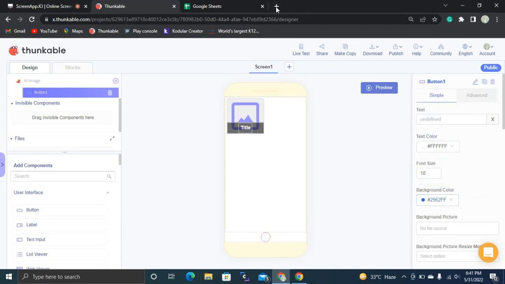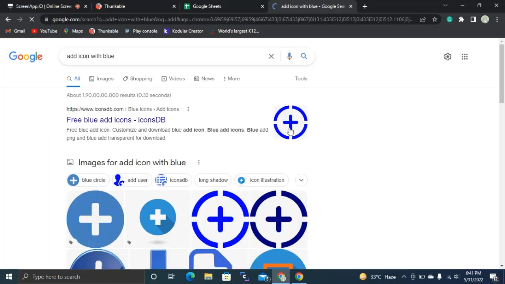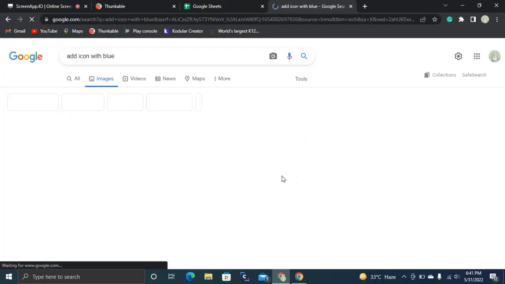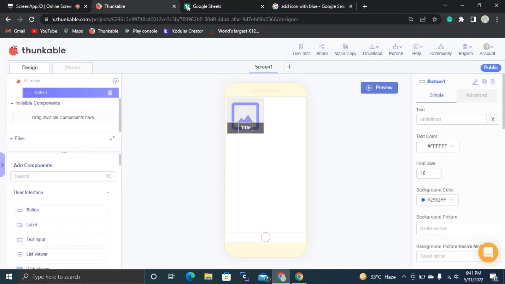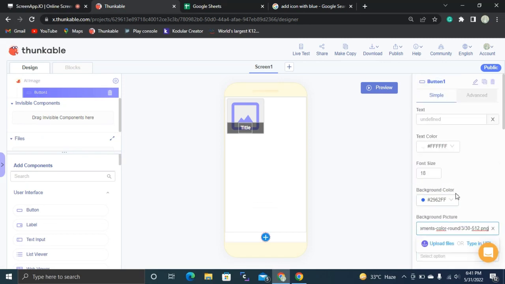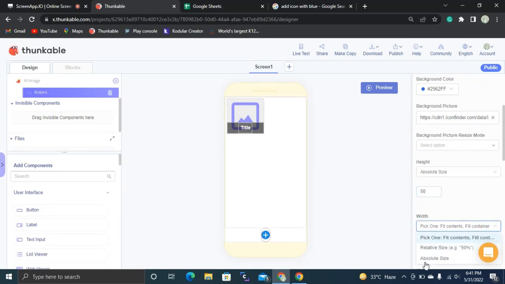I don't need anything. So let's go to Google and search for an add icon with blue color. We can get some images here. I can get any one. Let me copy this image address and paste it in the background picture of this button. I'm going to keep this button's height at 50 and width also at 50. The height is going to be an absolute size of 50 pixels, and you don't need to type px,